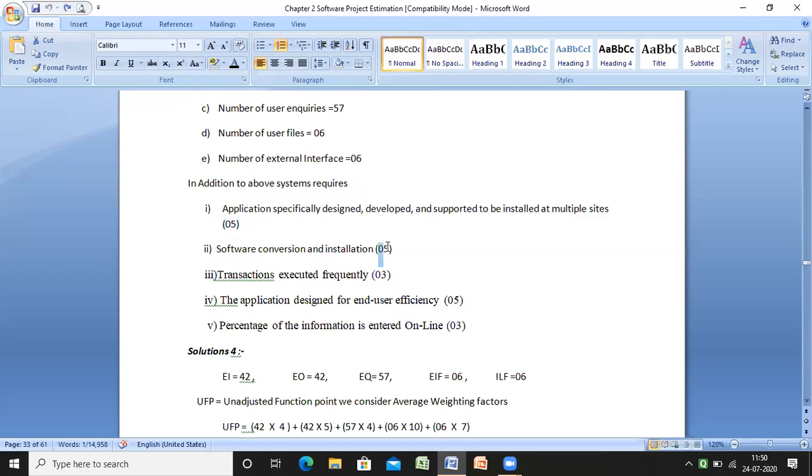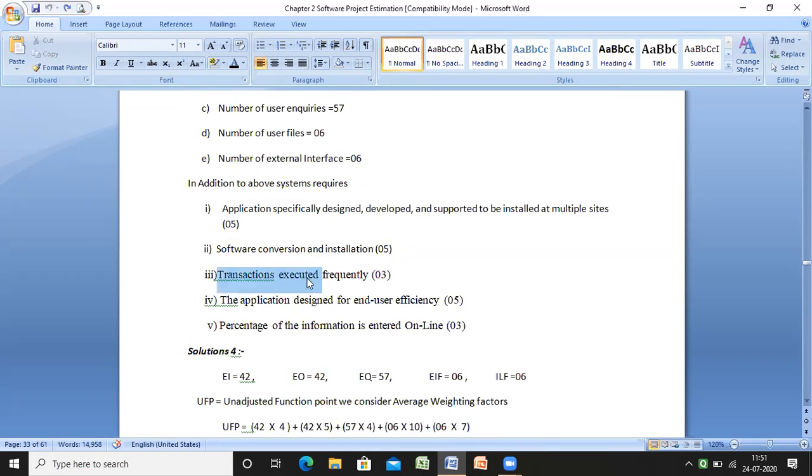Installation, yesterday we discussed the installation. If the installation is not done in a proper way, it's not useful for my software. If the installation has a lot of steps and a lot of complexity, nobody will use that software. They will try to move on from that. Yaar, it takes so much time to install this. So that rating is also very important. It should be a good, proper installation.